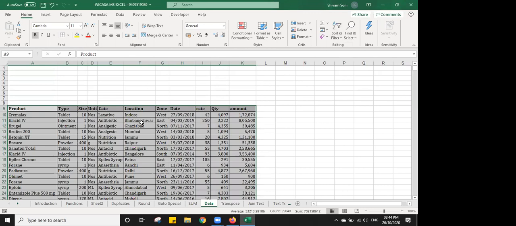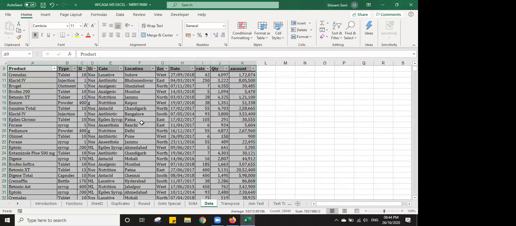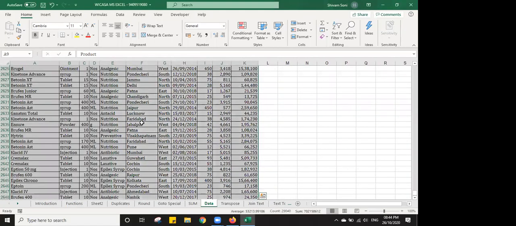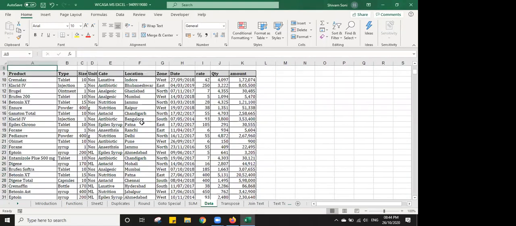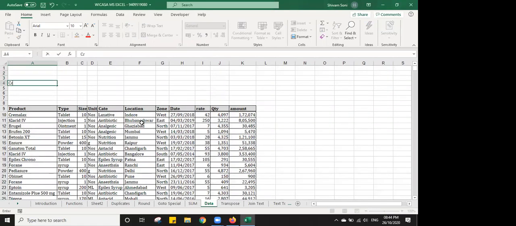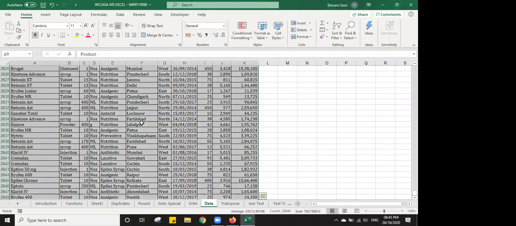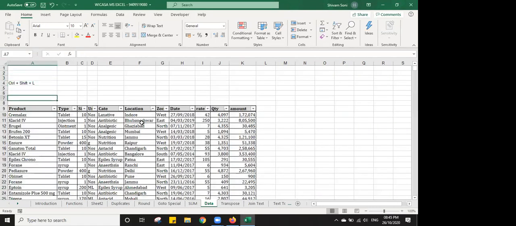The shortcut key for this is Control Shift L. Select your data and press Ctrl Shift L, and your filter will be attached.